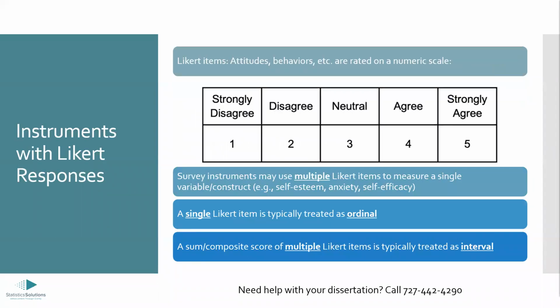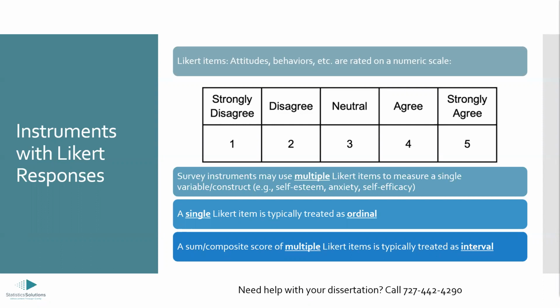And so now let's talk about a special case of Likert items. We talked a little bit about Likert items before when we talked about ordinal data, but Likert items, especially in social science research, represent a special case in how they are typically treated. If you're not familiar with what Likert items are, they would be attitudes or behaviors or other variables that are rated on some kind of a numeric scale,